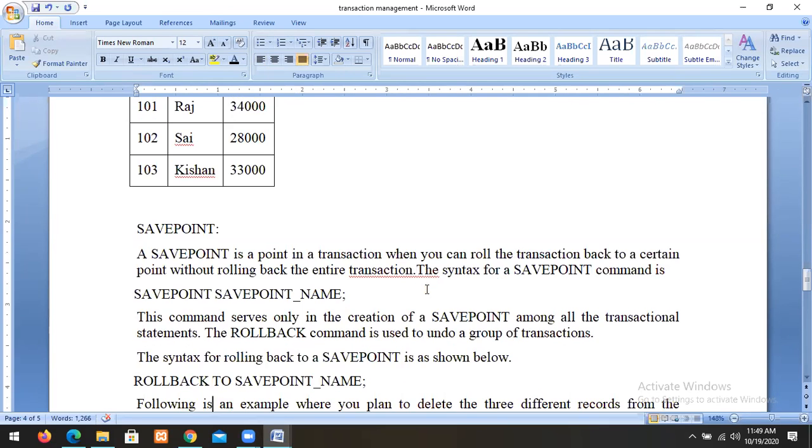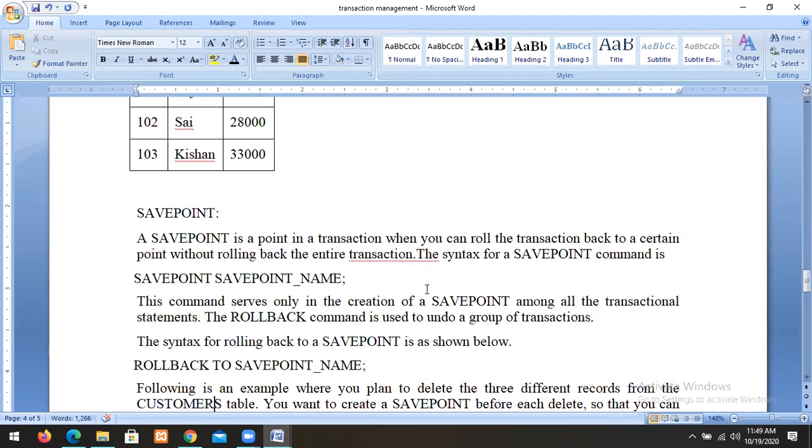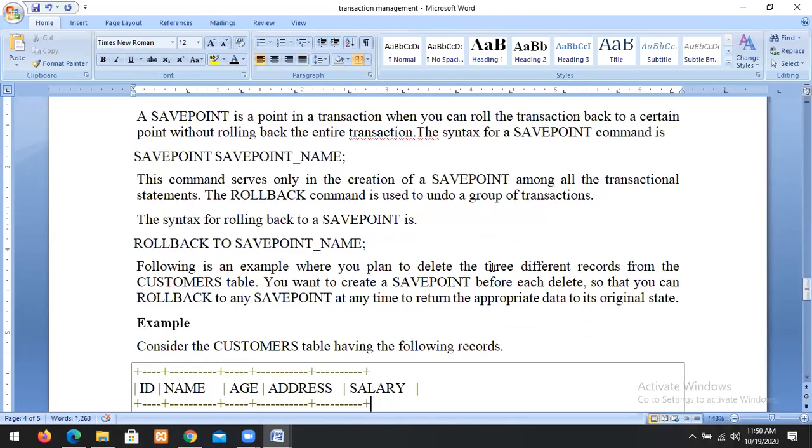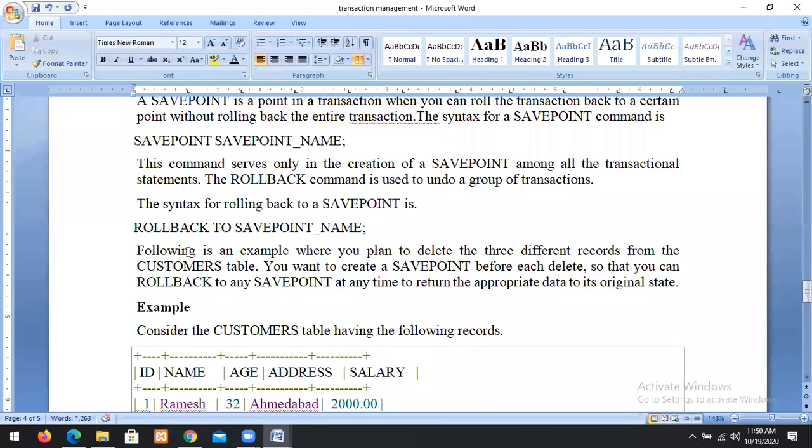The rollback is used to undo the changes of transactions. The syntax of the rollback is: rollback to save point, rollback to save point name. So this is the syntax.